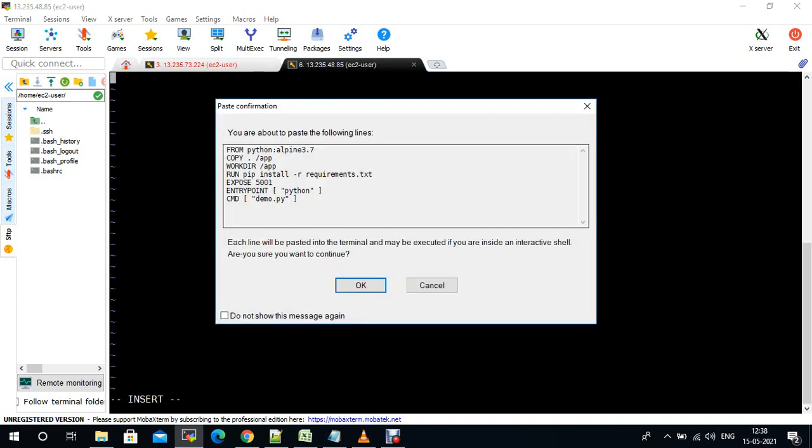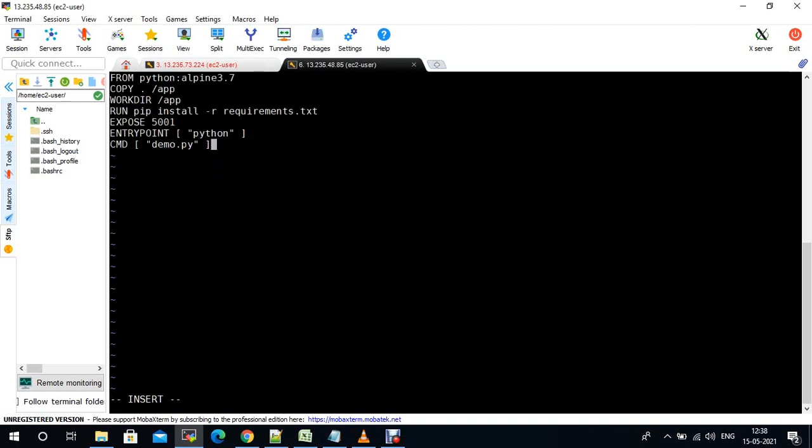So this is a simple Dockerfile. This is Python, the base image is Alpine, and copying the current code into app. I'm creating an app work directory, and once that is done, I'm installing the requirements and exposing the container port 5001, and the entry point is Python.